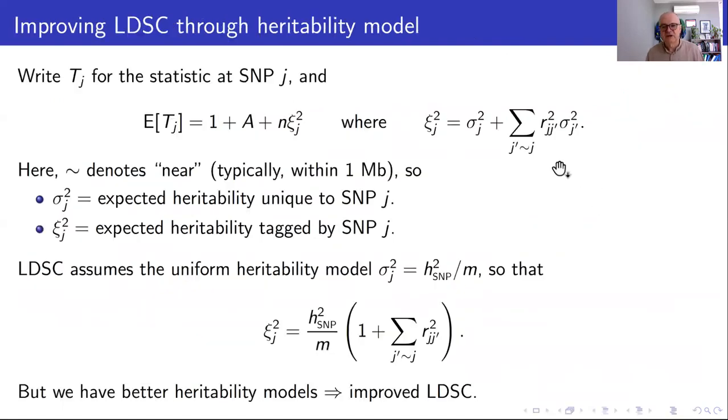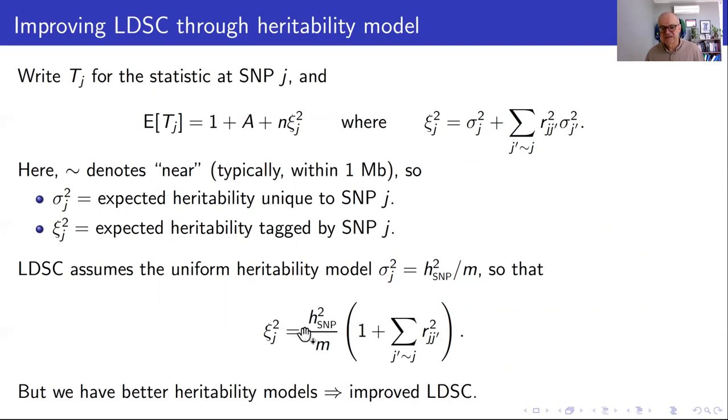So here's the LD score model. I might have slightly changed the notation from what you've seen before, but it's basically a generalized LD score regression model. There's the intercept term, which can be interpreted in terms of population structure, although we've shown in another paper that it doesn't actually do that very well, but I'm not going to focus on that here. Here's the LD score parameter. Now, it's a little bit different from what you've seen before because I put this variance parameter in for each SNP. The original LD score paper just had the uniform heritability model there.